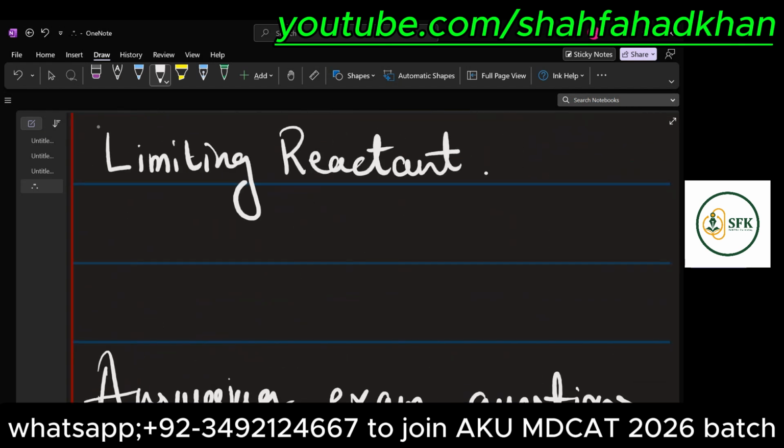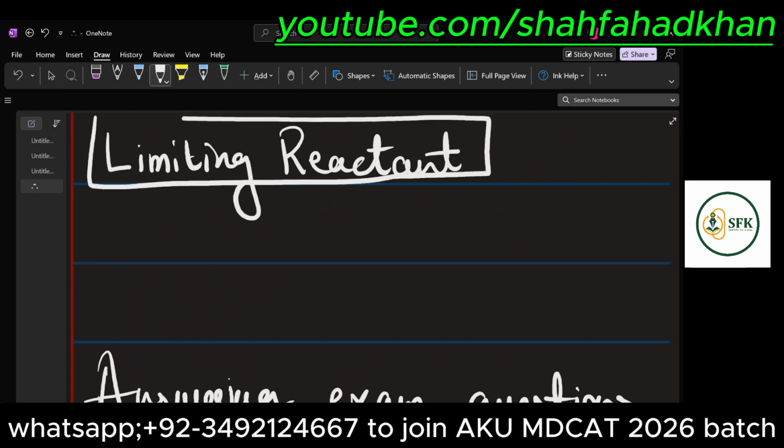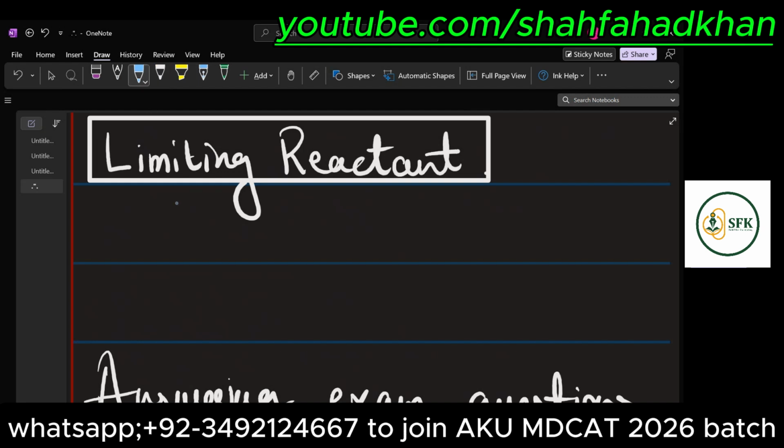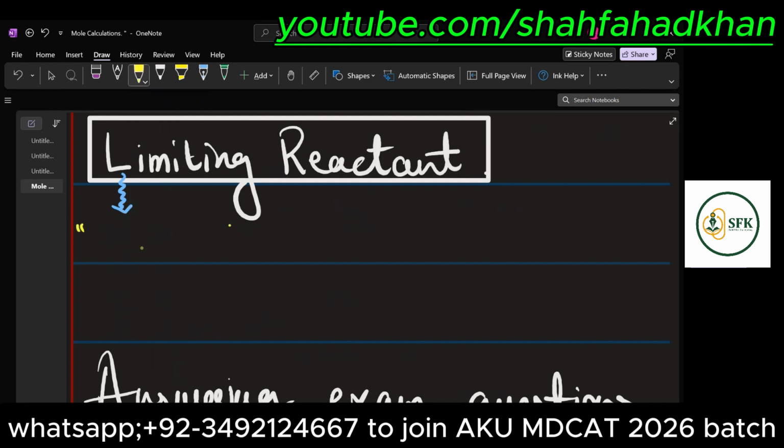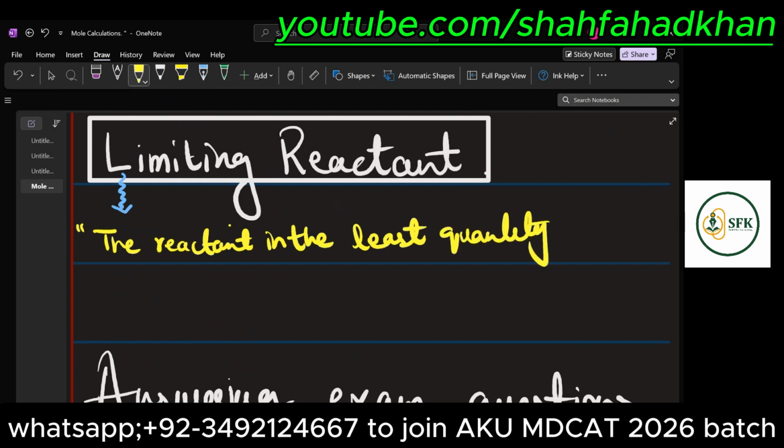Let's define limiting reactant. As the name suggests, it's a limiting reactant, right? It's not a product, so that means it has to be on the reactant side. It's basically the reactant which is in the least quantity according to the ratio given in the stoichiometric balanced equation. Okay, we write it down. The reactant in the least quantity that is fully used up